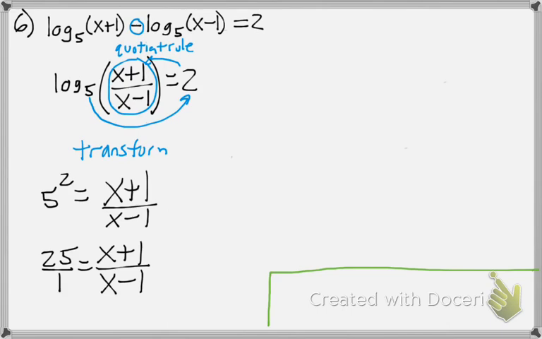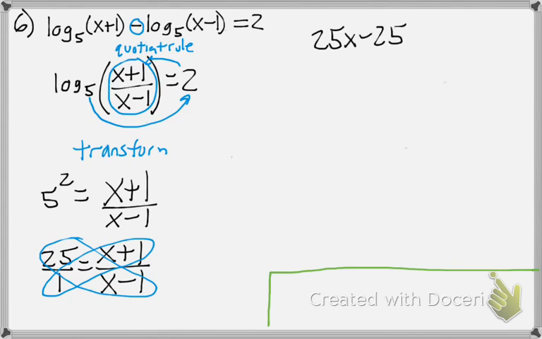And I'm doing that because as a proportion you can solve the cross products. So if I do the cross multiplication here, then I'm going to get 25x minus 25 is equal to x